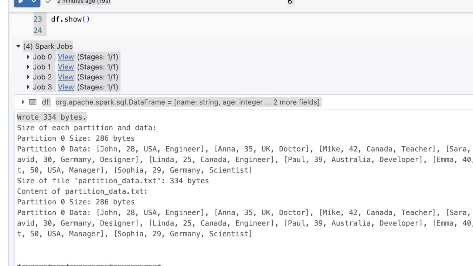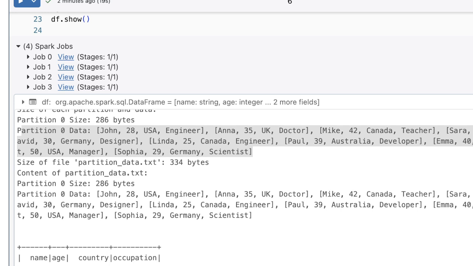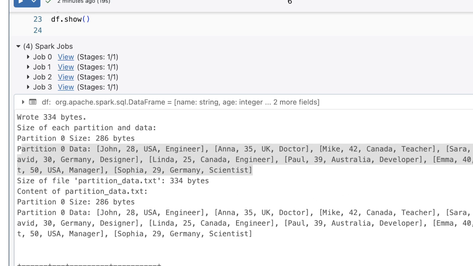You see we have a 334-byte file. The original file, sample data.csv, is 334 bytes, but when it created the partitions, the size decreased because the metadata got dropped. You see in partition 0 we have all the data. This is partition.data.txt. Again we have 334 bytes, but in the partition we have 286